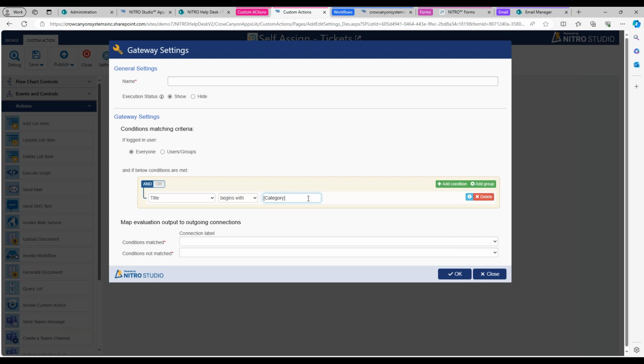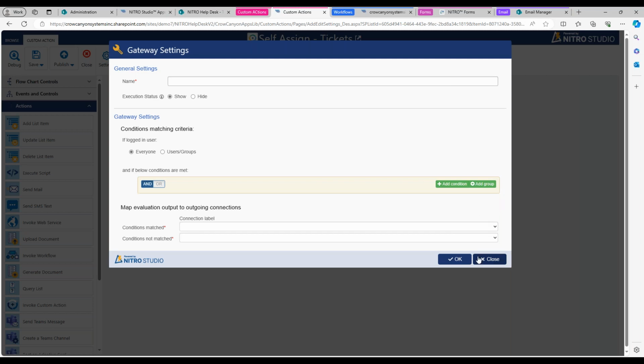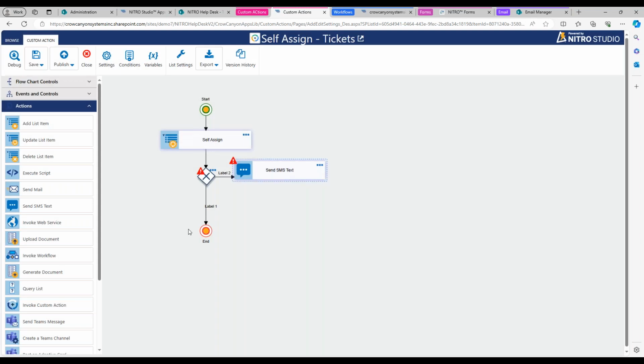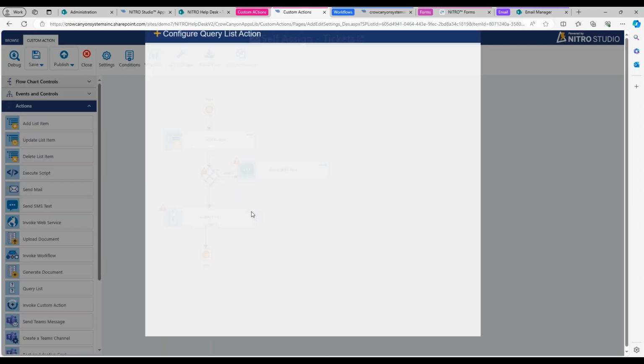You don't have to worry about that. I think in our system it's category 1 for some reason, but that gives you some insight there. Now that's going to be in opposition to the query lists. Or if we come into the query list,